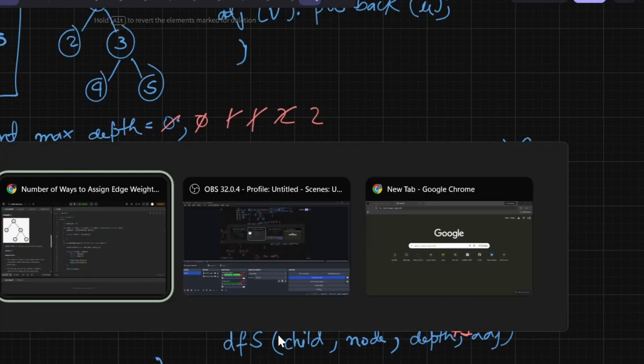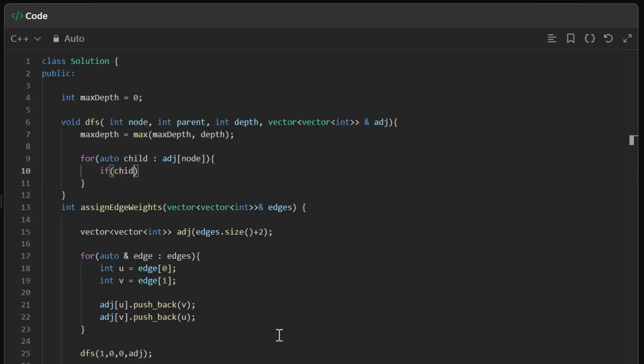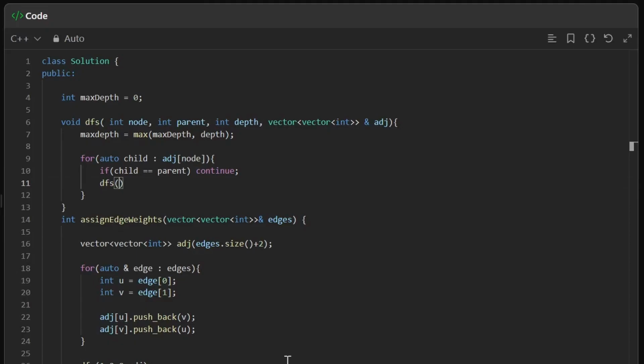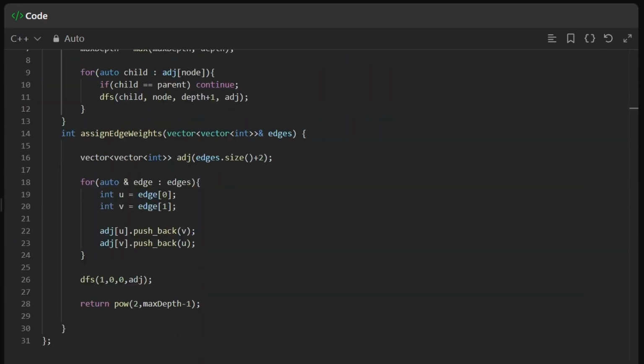What we are going to do is, if child equal to parent, we can continue, and else we call the DFS again where the current node becomes child and the parent becomes the current node. Depth is going to increase by 1 and we'll again pass the adjacent. We forgot the capital D here. The test case passed, and if you see here, we have to return the answer in modulo of 10